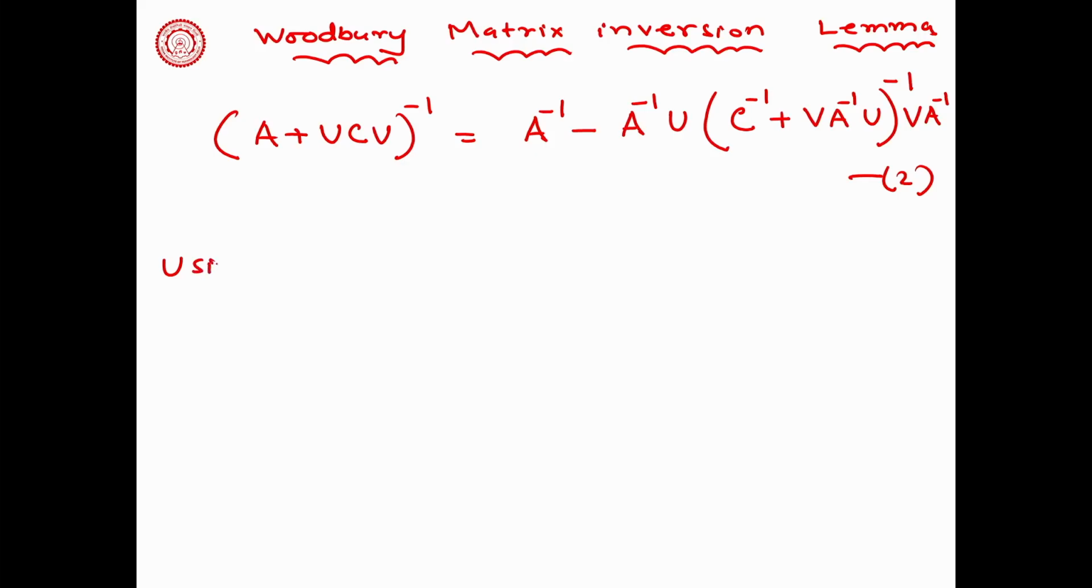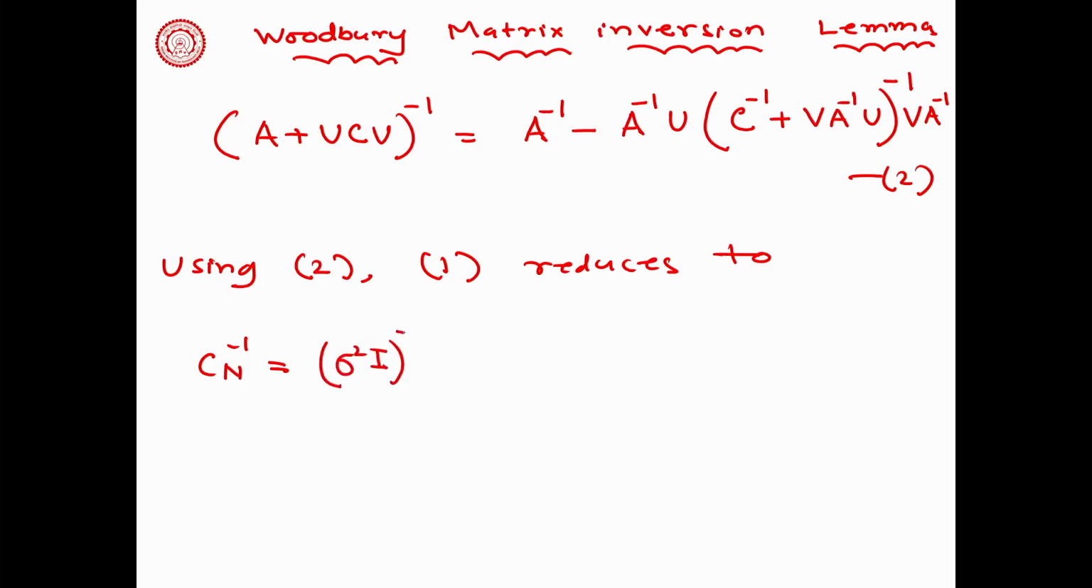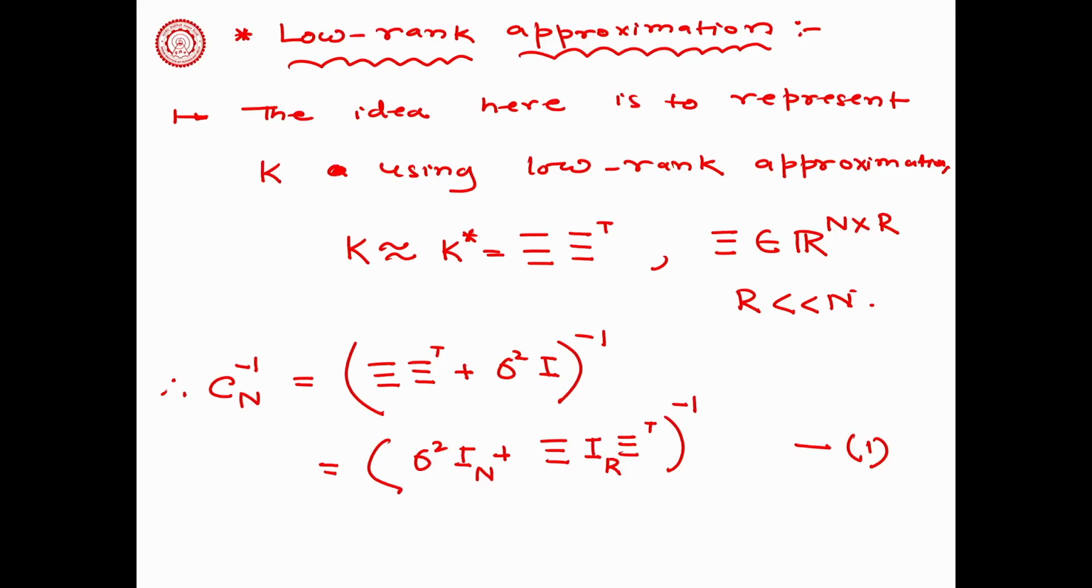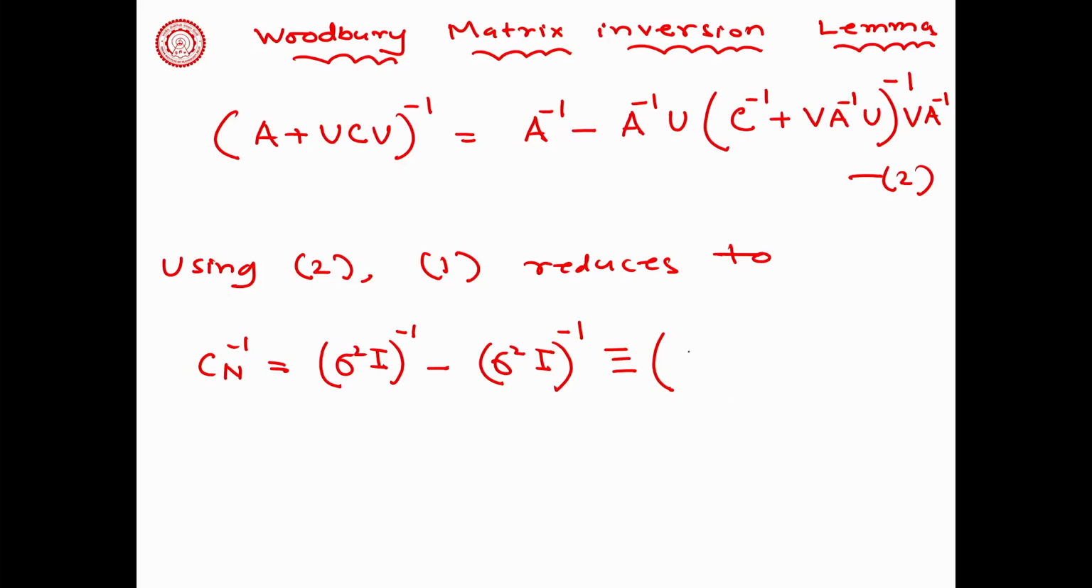So, using 2, 1 reduces to Cn inverse is equal to sigma square I inverse minus sigma square I inverse, then you have U is xi, then you have sigma IR, right. So, C inverse will be what? IR